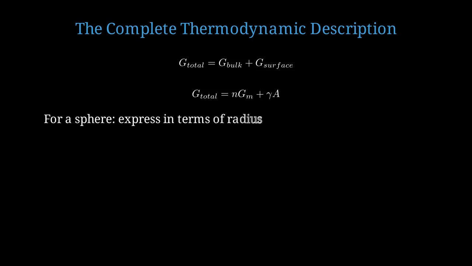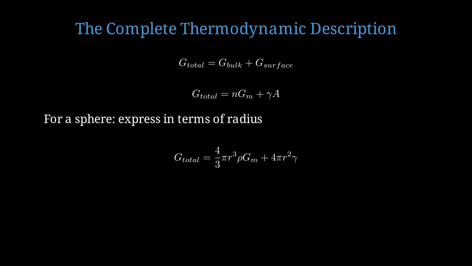Now let's write the complete thermodynamic free energy, including surface contributions. The total Gibbs free energy equals the bulk Gibbs free energy plus the surface Gibbs free energy. More explicitly, G total equals N times Gm plus gamma times A, where N is the number of moles, Gm is the molar Gibbs energy, gamma is the surface tension, and A is the surface area. For a spherical particle, let's express this entirely in terms of the radius. G total equals 4/3 pi r cubed times rho times Gm plus 4 pi r squared times gamma, where rho